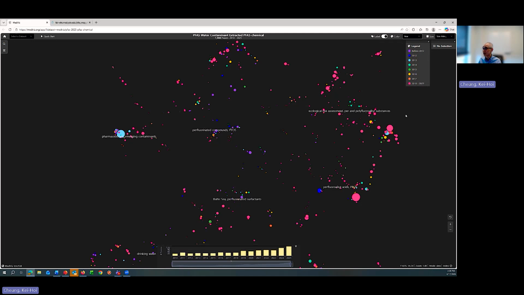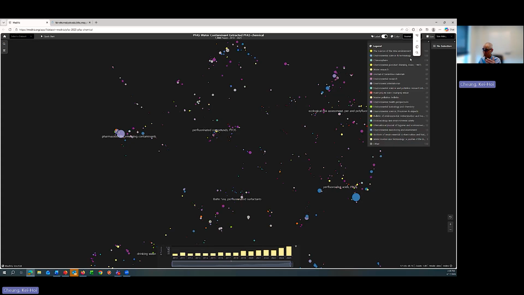And you can see the red or orange colors are more recent published PFAS exposure studies. Say between 2018 and 2025, it more than triples or even quadruples the number of publications or studies published, compared to earlier time. So then we go back to the PFAS, and you can also look at it by journals,